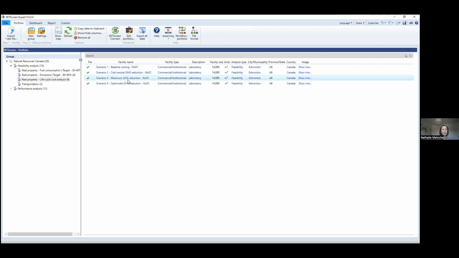Then scenario 3 is the scenario where you want to propose measures in order to maximize greenhouse gas reduction. In that case, you're not going to worry too much about the cost effectiveness of your project. In the 4th scenario, again, you're going to reduce greenhouse gas emissions, but this is the scenario of your choice. This is the one that you want to implement, and you are going to optimize in order to get as much reduction in greenhouse gas as possible with what you consider to be a reasonable